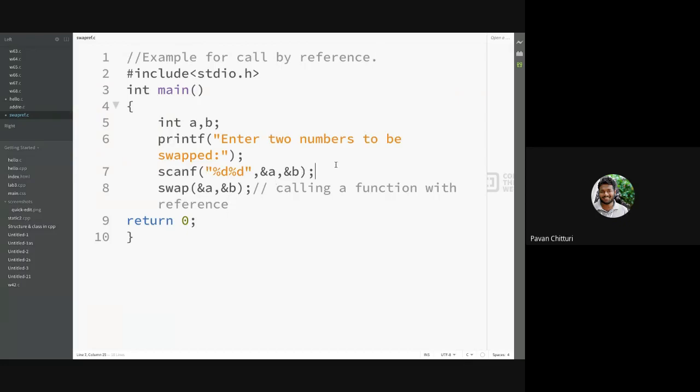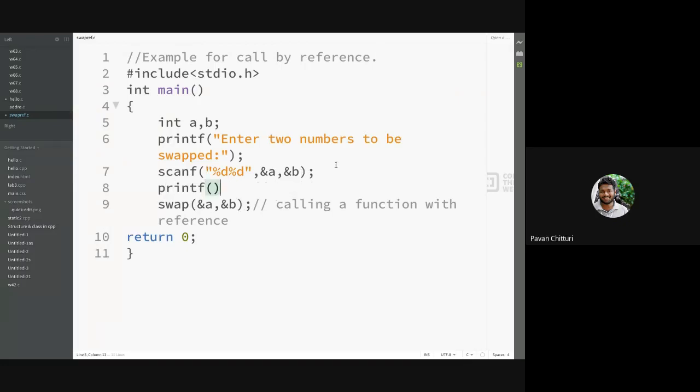But previously I wanted to display, so %d and %d, the values before swapping.